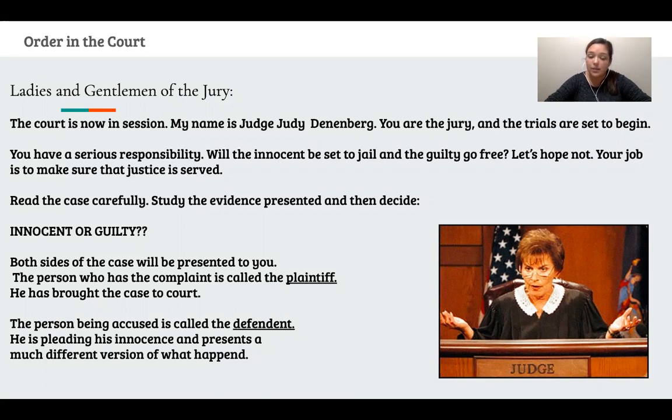Both sides of the case will be presented to you. The person who has the complaint is called the plaintiff. Say plaintiff. He or she has brought the case to court. The person being accused is called the defendant. Say defendant. He or she is pleading their innocence and presents a much different version